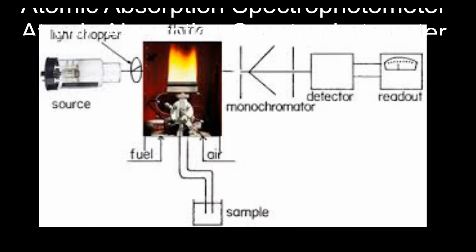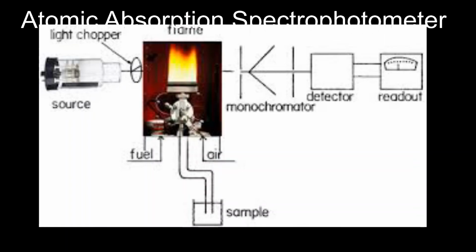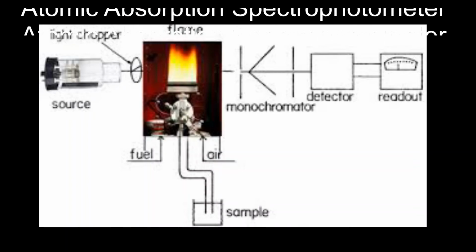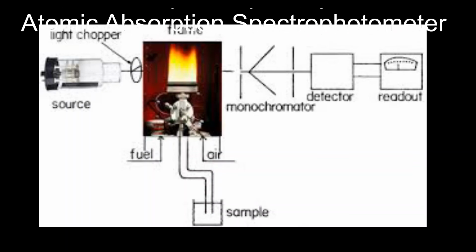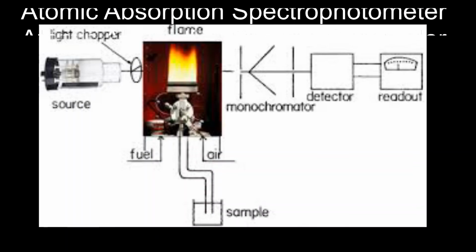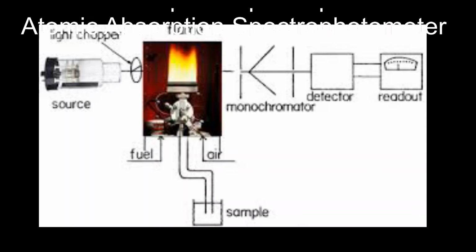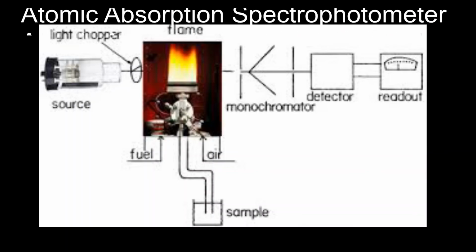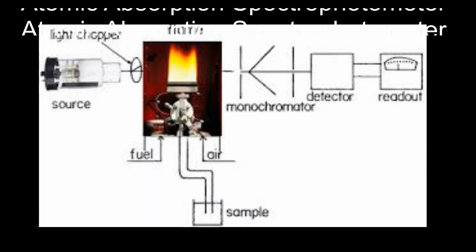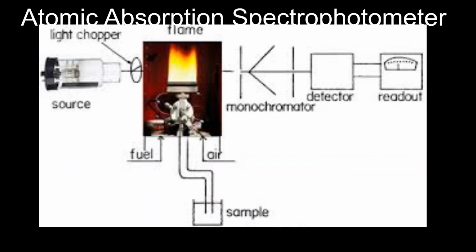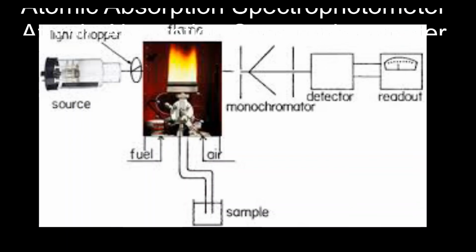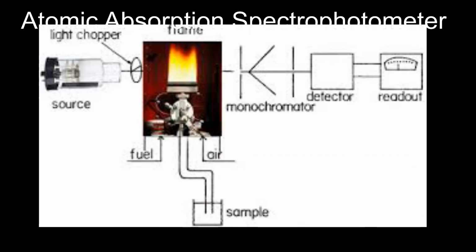The single beam atomic absorption spectrophotometer as described above has a few disadvantages also. The stability can be increased by using a double beam instrument. It also has several applications. One important application is the quantitative analysis of several elements.